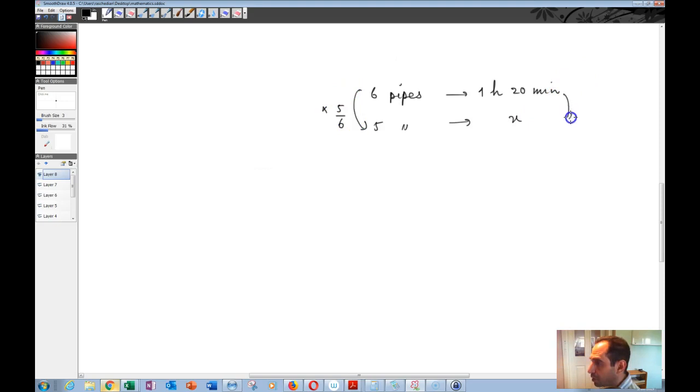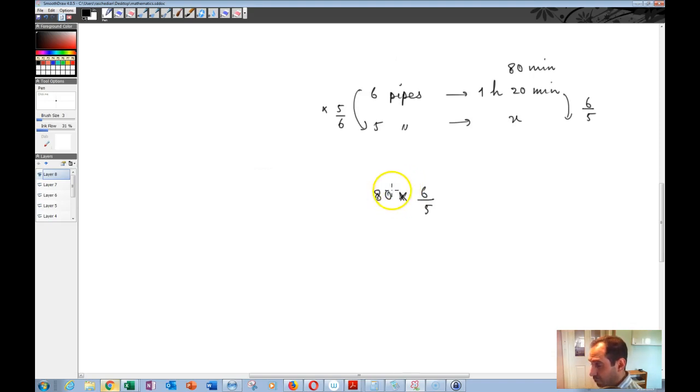So here, if I multiply by the inverse of this, which is 6/5, if I multiply 1 hour 20 minutes by 6/5, I'm going to get the time over here. So 1 hour 20 minutes is the same thing as 80 minutes, right? So 60 plus 20 is equal to 80 minutes. And 80 times 6/5 is the same thing as